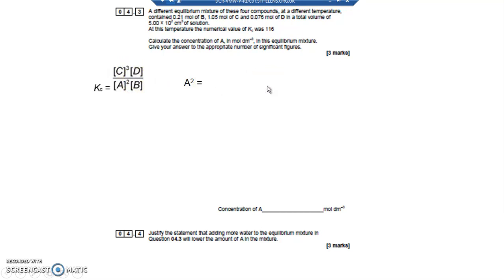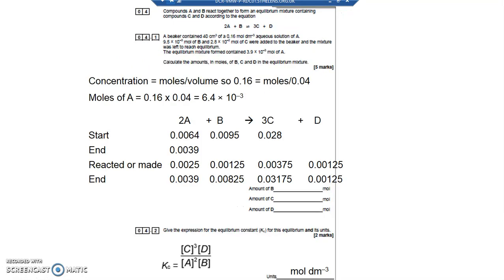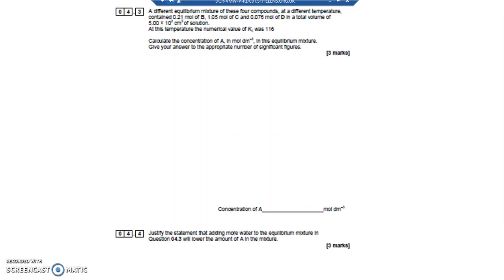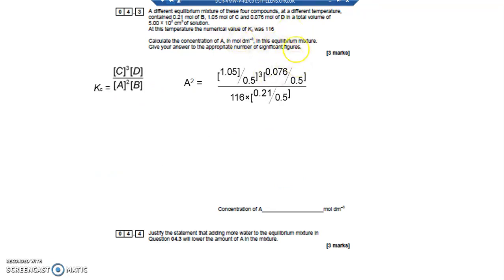The reason I need to divide by volume is because I've not got an equal number of moles on each side. I've got 2 moles of A and 1 of B, so that's 3 moles on the left, and I've got 3 moles of C and 1 of D on the right, so 4 moles on the right. So the volumes won't cancel when I divide by them, because I've got different numbers of moles on each side, and so when I divide by volume that will need to be done. A squared is